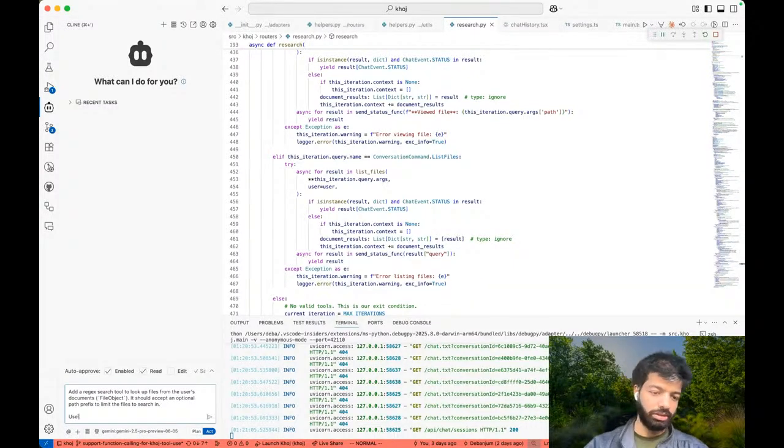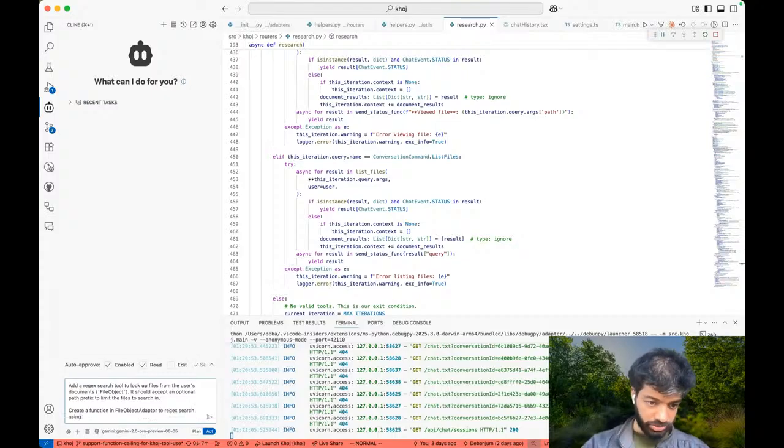The other thing is, let's create a function in the file object adapter to do the regex search using Django DB filters.